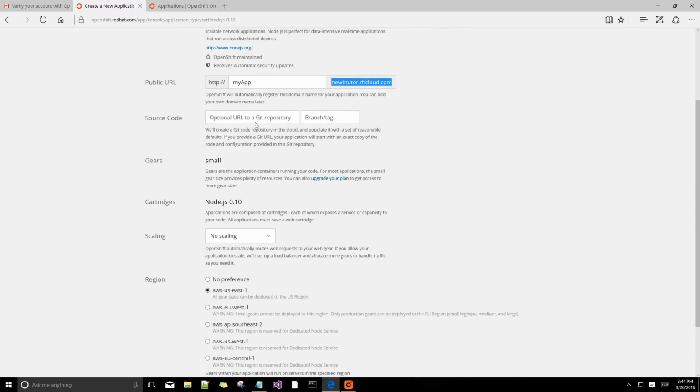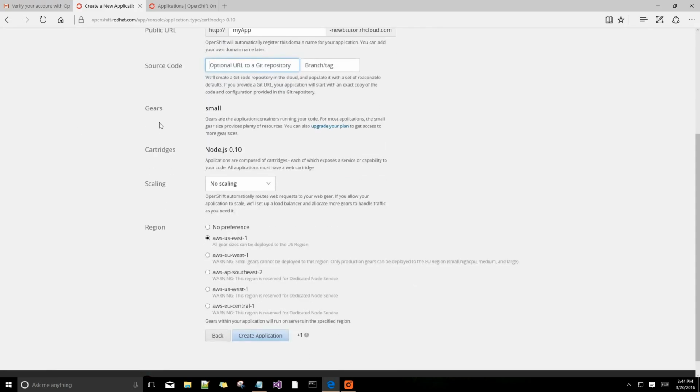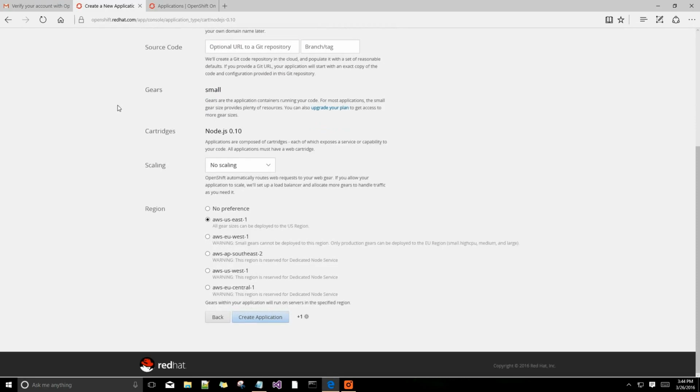Okay, now the second option, Git repo. You don't have any. If you have source code ready on a Git repo, you can just give a link in the branch, but we can assume you don't, right? Gear, small, let's not get into that. Web framework is Node.js for us. Scaling, as it is a personal website, the scaling really does not matter to us, but why take a risk and chance? Just do a scale. Then just go with the default preference, it does not matter to us. Create the application. Now creating an application here will take, I don't know, around 5 minutes.